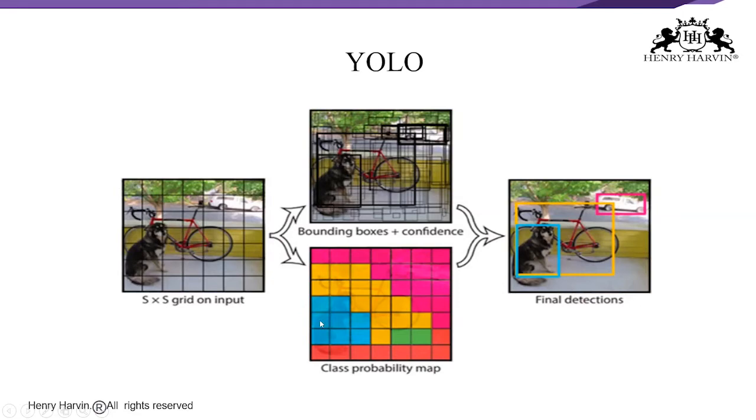So all of this gives you a good class probability map. This tells you where roughly the dog is. Similarly, where the bicycle is, the yellow represents the bicycle and the remaining may be the background. We are also getting class probabilities, so we try to see what the confidence is that there is an object in that cell. That gives you the anchor for that box. Anchor means, for that particular box from the grid, we get an object, one of the objects on which the network is already trained.